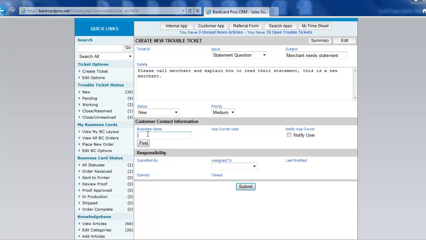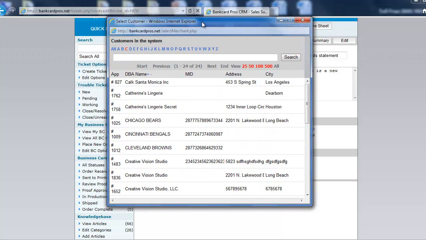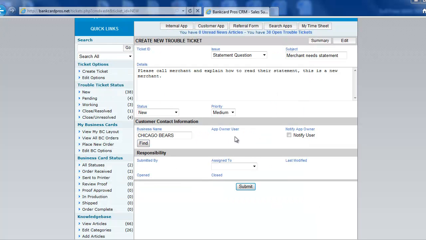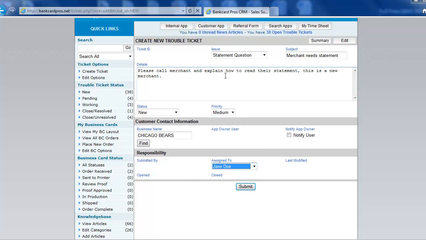So the next section for business name, we're going to click on find, and basically you're going to see a list of all the merchants in the database that you can assign this merchant to. So for demo purposes, we're going to choose Chicago Bears as the merchant for this trouble ticket, and we're going to assign this trouble ticket to one of the sales reps. So what I'm going to do is just assign this trouble ticket to Jane Doe, and we're going to submit